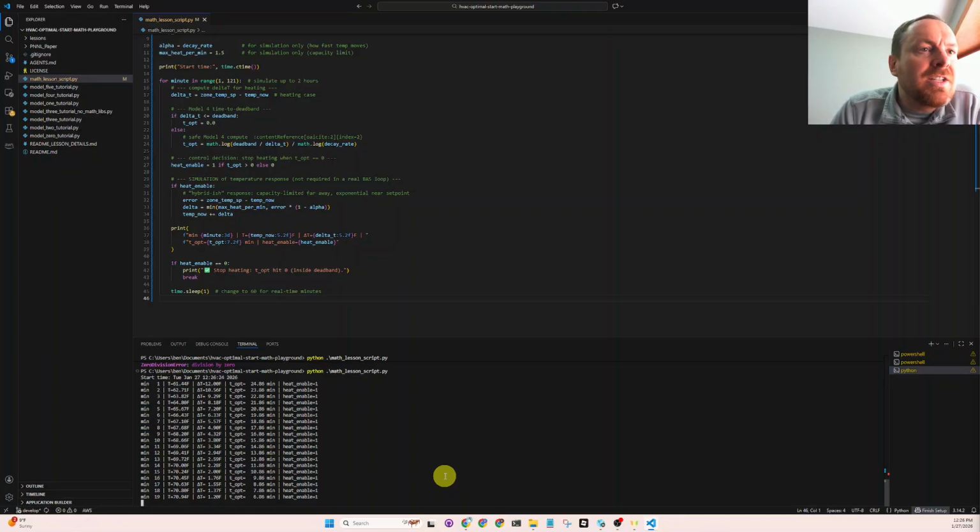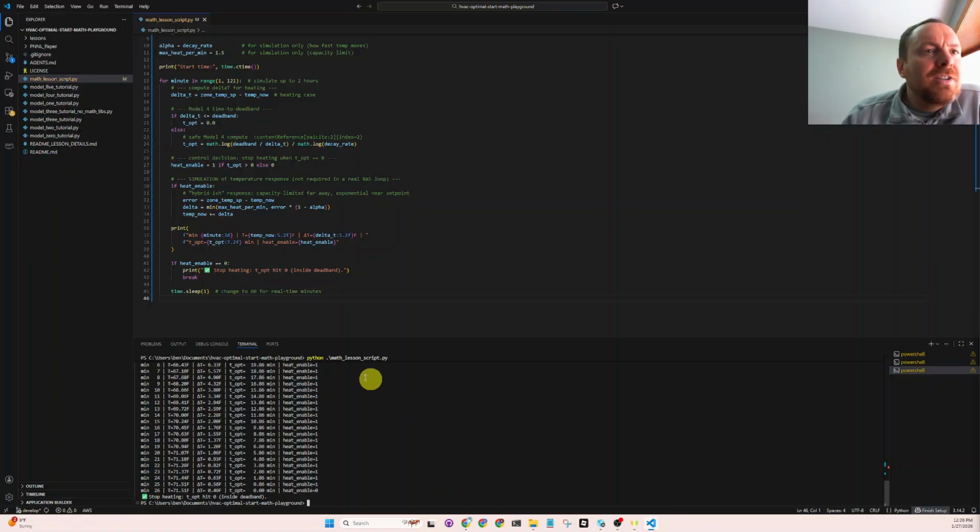So as you can see, it's just stepping through some mini simulation here, and as soon as it hits the deadband, I think it should, yep, okay. So this is probably what it would kind of look like in the real world. So the initial temperature was 61 degrees Fahrenheit, our delta temperature is 12, and then this is